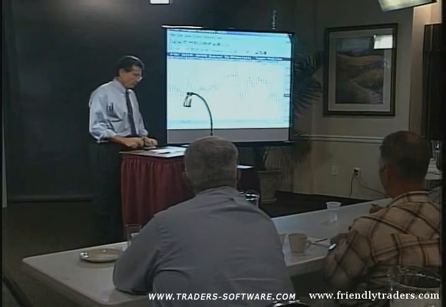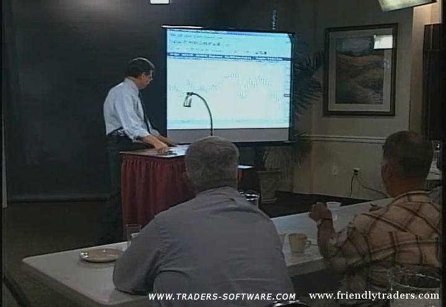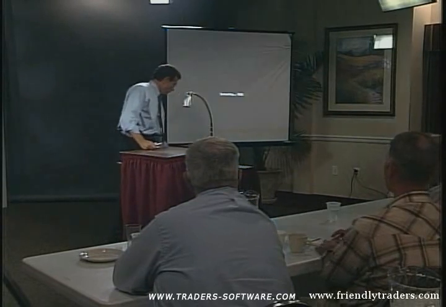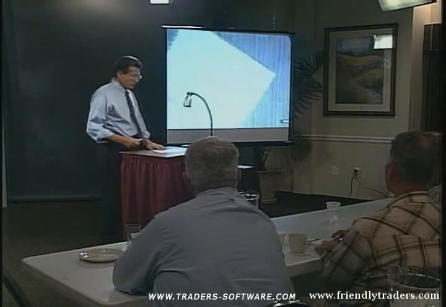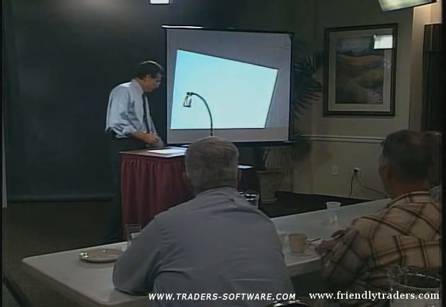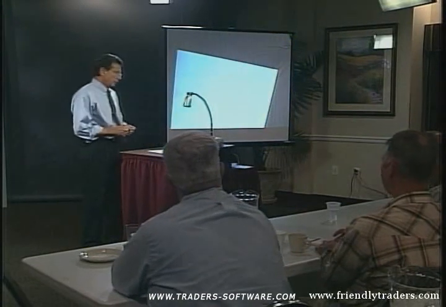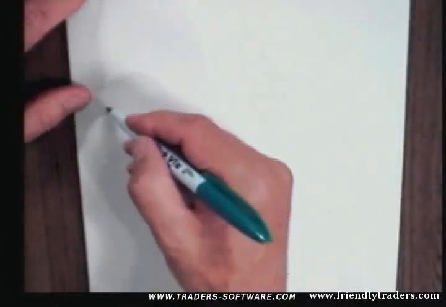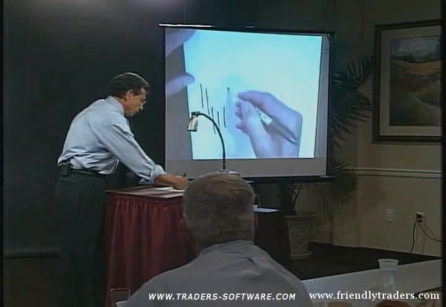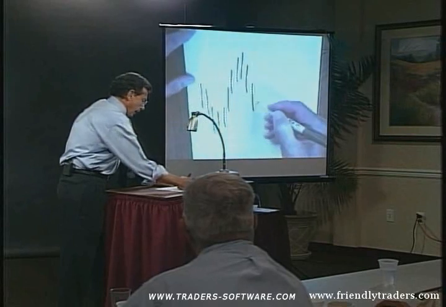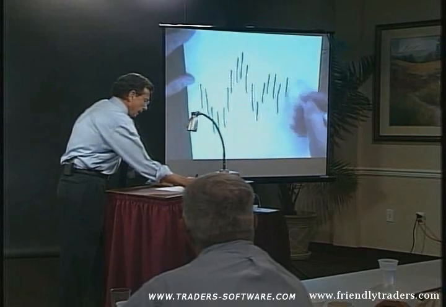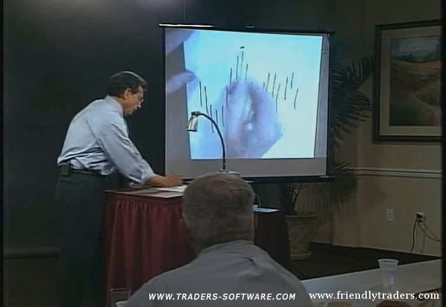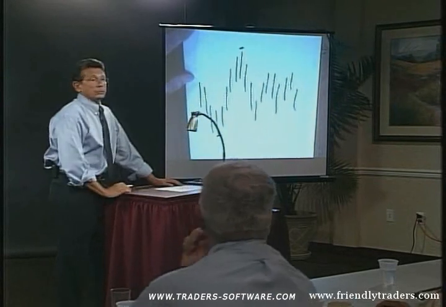Well, let's look at a couple of other ways we can get into the market. One that I developed many years ago is my percent R. Percent R is a good little tool that will tell us when the market is overbought or oversold. Percent R is similar to another indicator called stochastics that a fellow by the name of George Lane developed. What I looked at back then was the range of the last X number of days. We're going to use 14 days as an example today. So I take the highest high of the last 14 days and the lowest low of the last 14 days